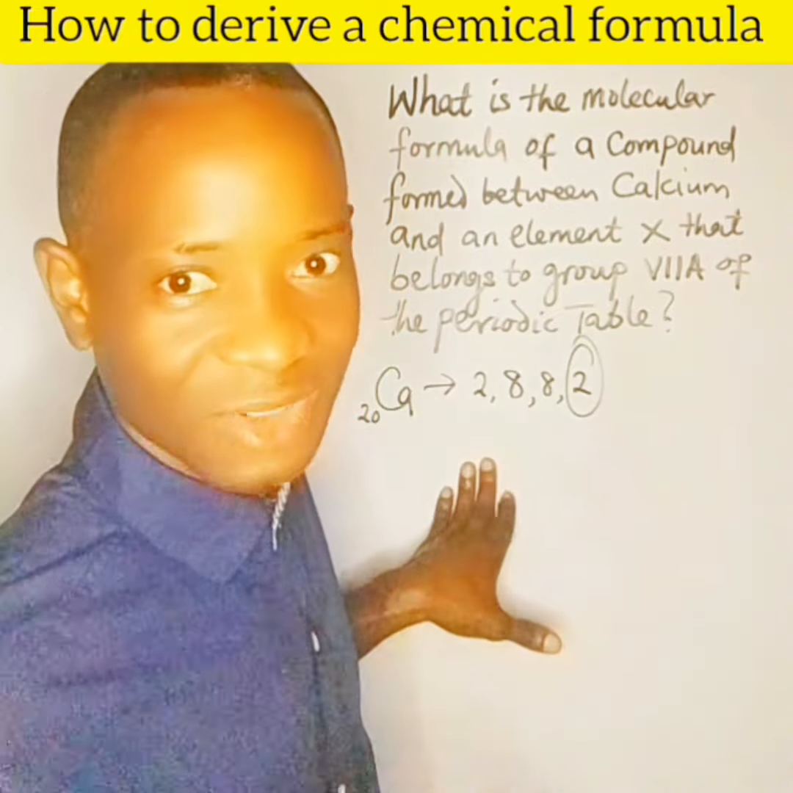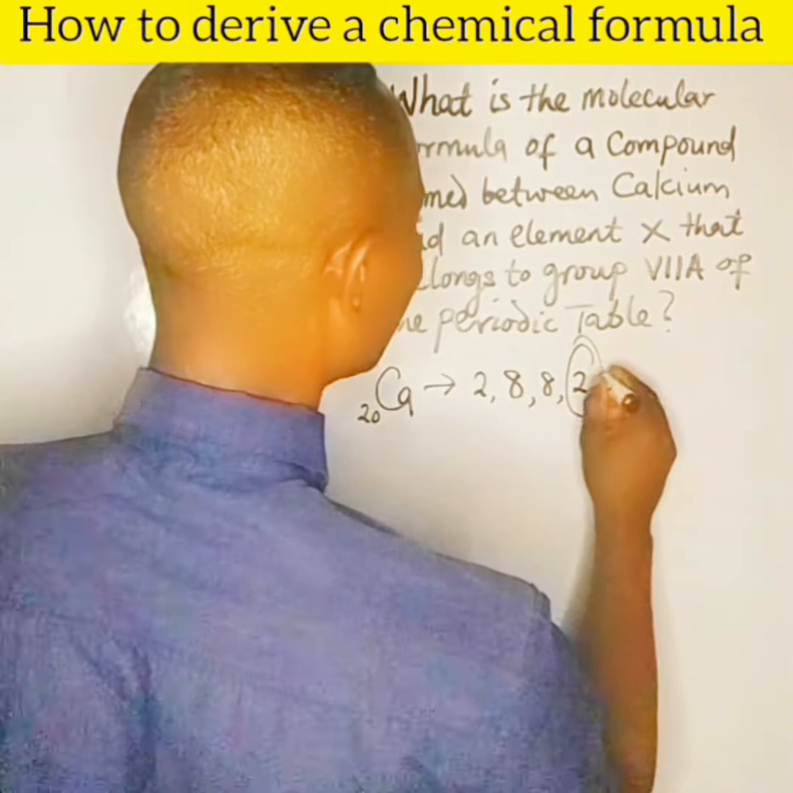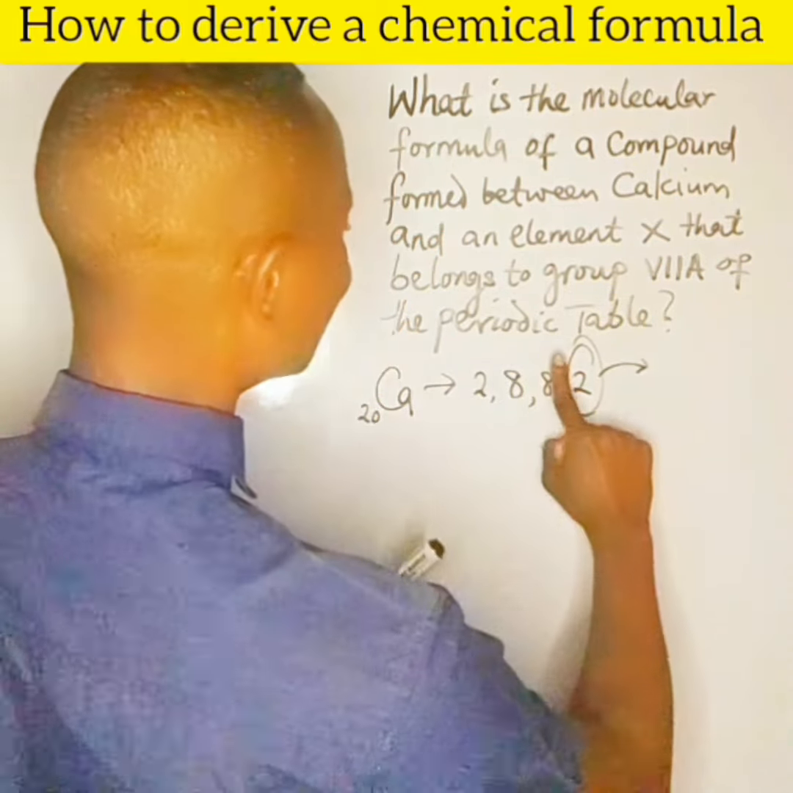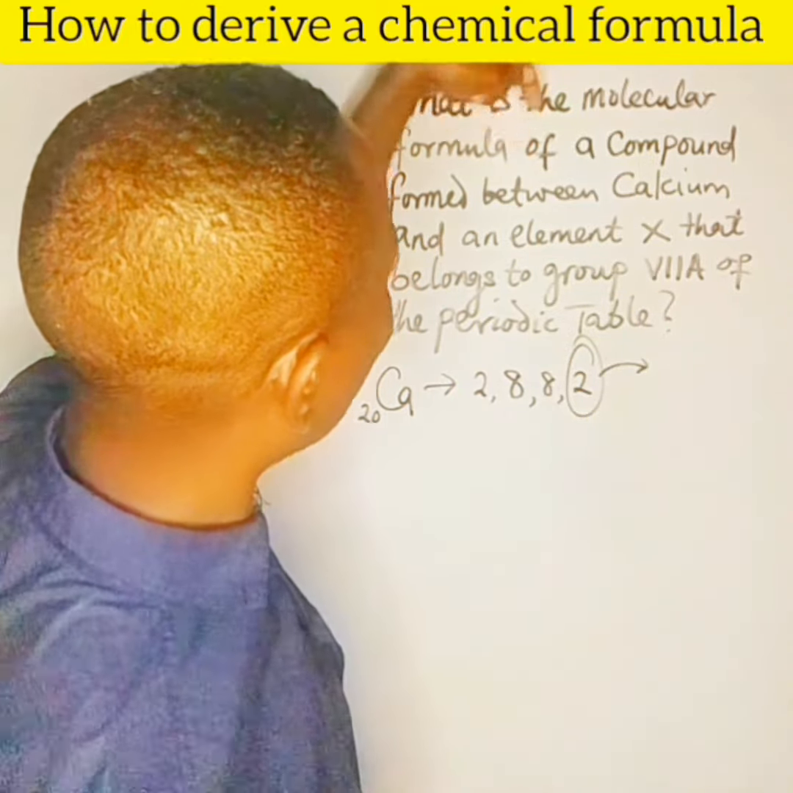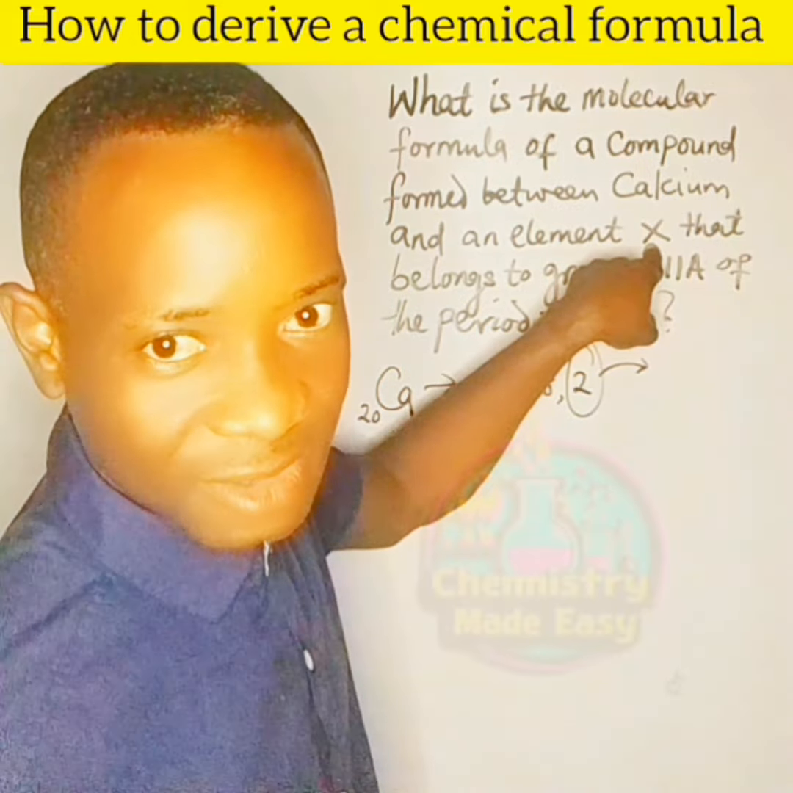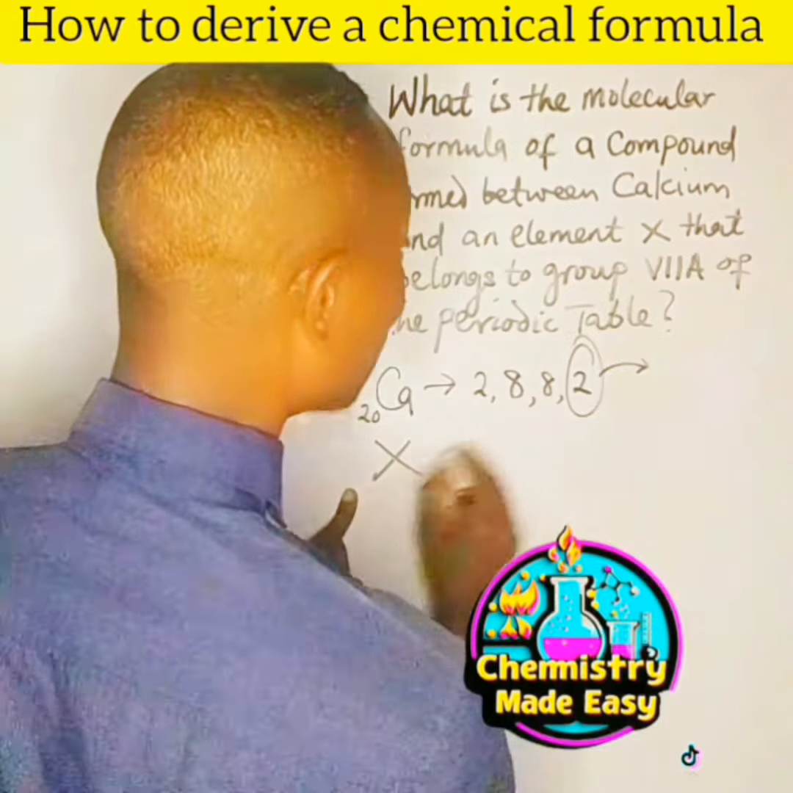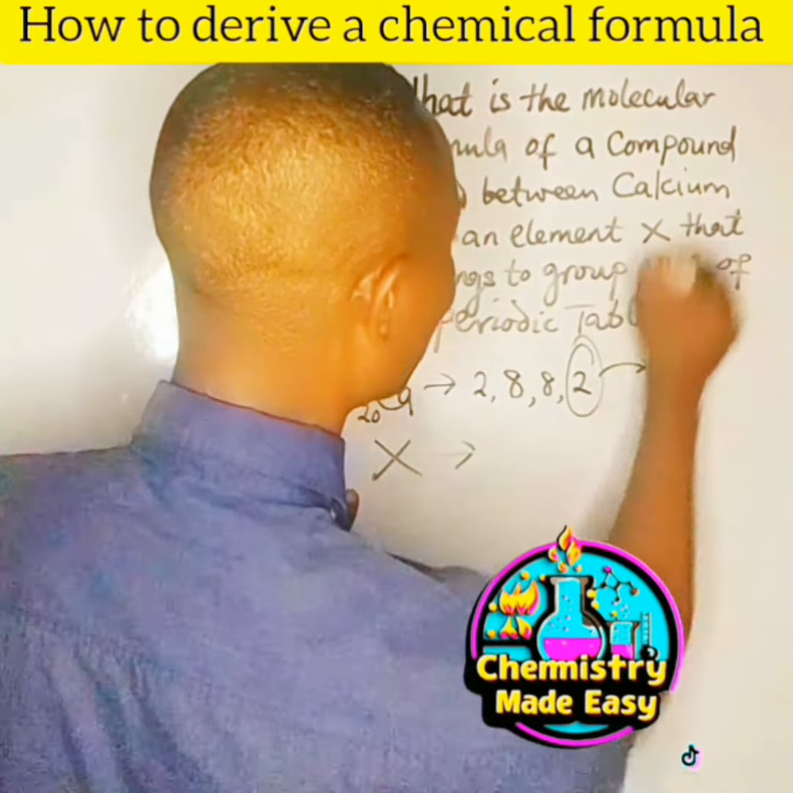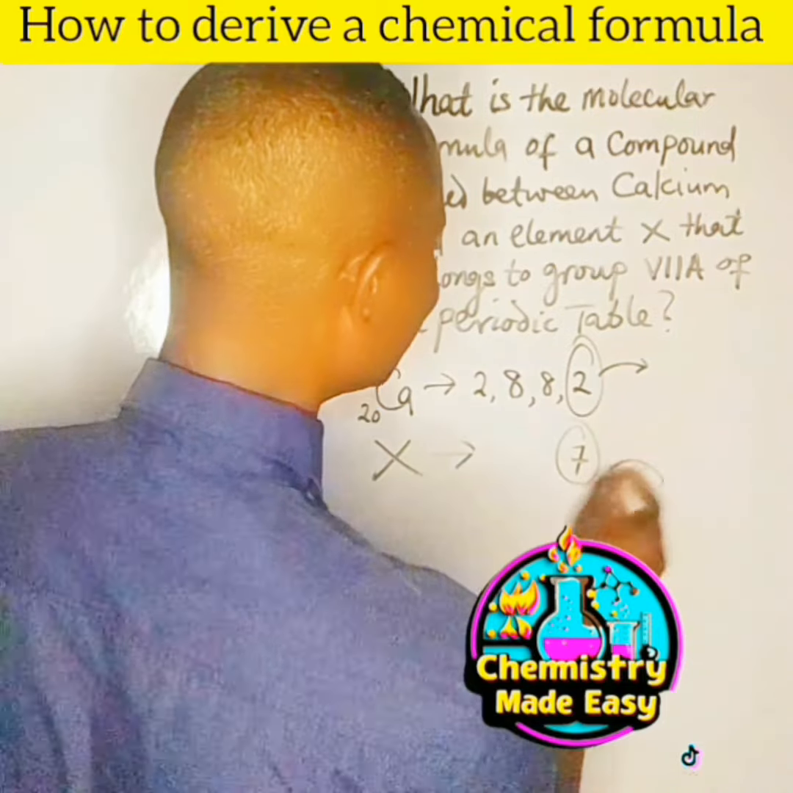Therefore, the calcium atom is not electronically stable. For it to be stable, it must lose these 2 electrons, so that the last shell will have 8 electrons. The element it is forming a compound with, which is X, must be able to accept the 2 electrons. But the element belongs to group 7. X belongs to group 7, which means the last shell of X has 7 electrons, meaning that X needs just